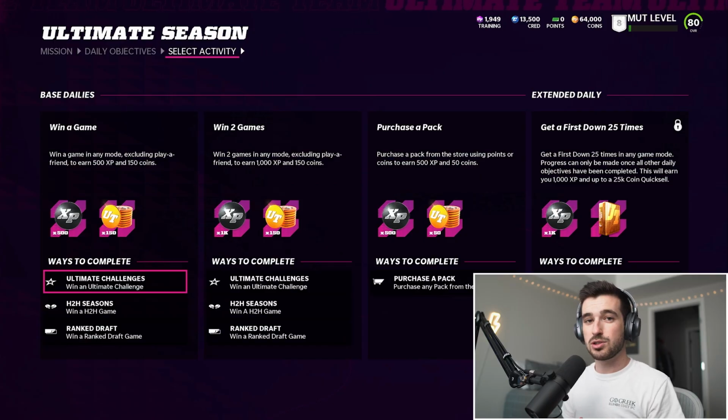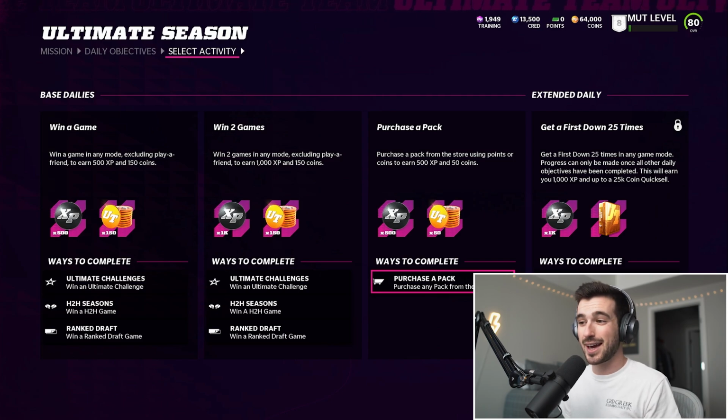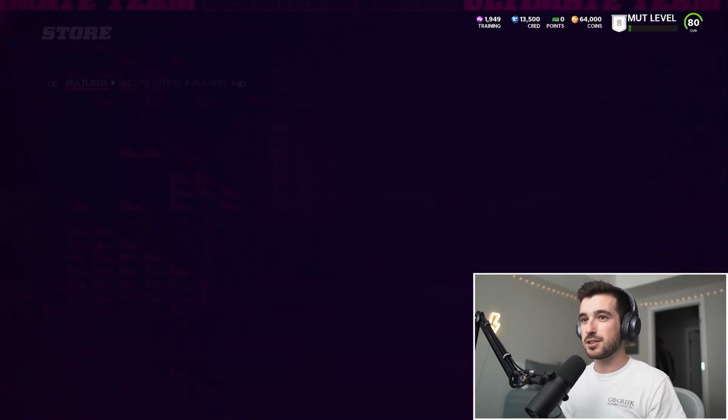You can do that by winning 2 games against solo challenges, solo battles, anything, head-to-head seasons, doesn't matter, purchasing a pack from the store, and getting a first down 25 times. You've got to do this every single day. It's kind of a grind. I hope they edit this first down 25 times. That's a little obnoxious in my eyes, but purchasing a pack, all you have to do for this is not